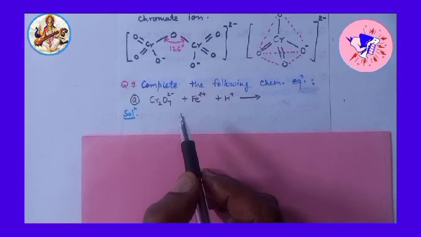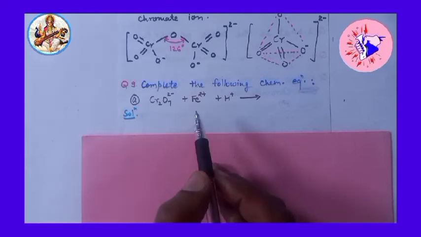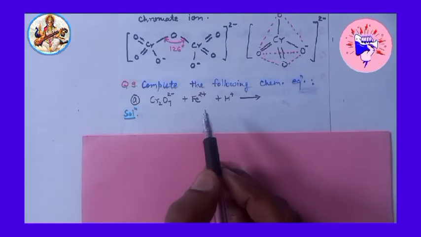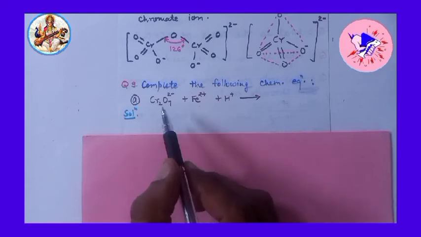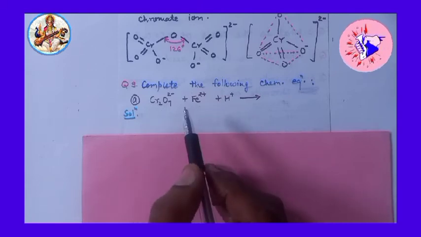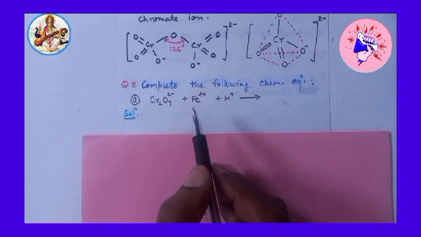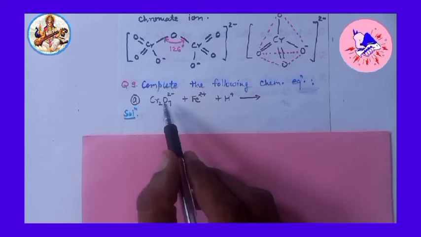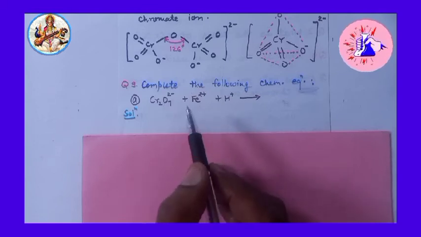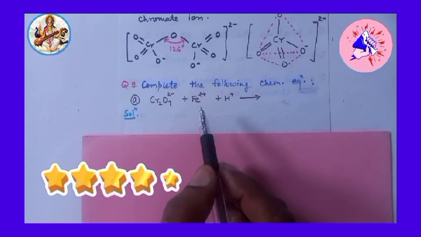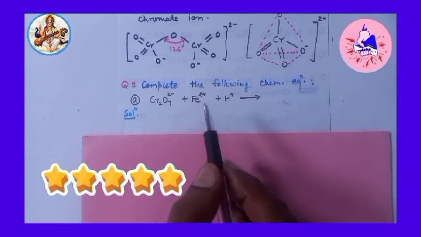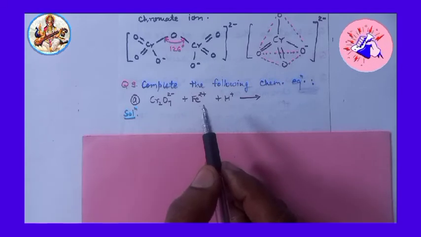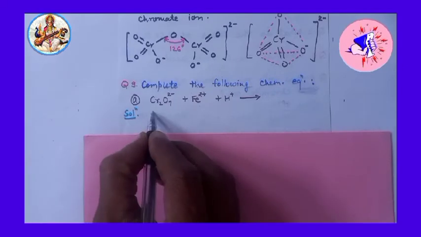Potassium dichromate acts as a strong oxidizing agent in acidic medium. Dichromate ions take up electrons in acidic medium, so they get reduced to chromium 3+ ions and act as an oxidizing agent. The chemical reaction is